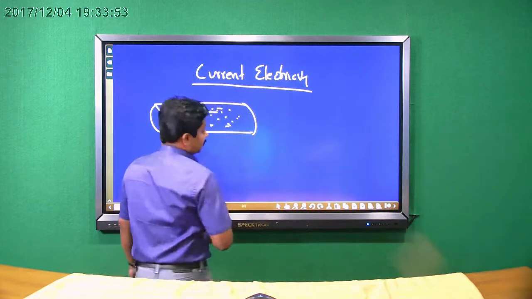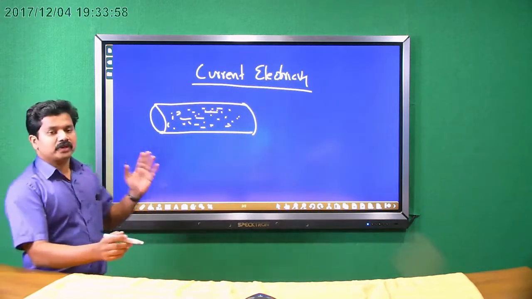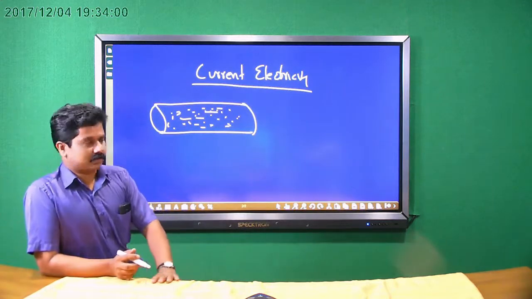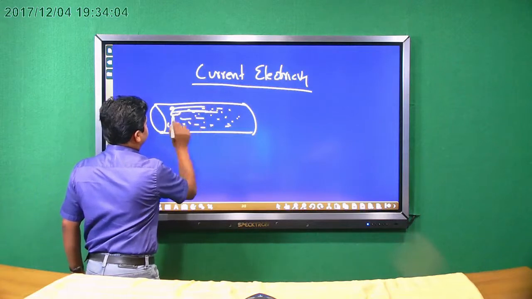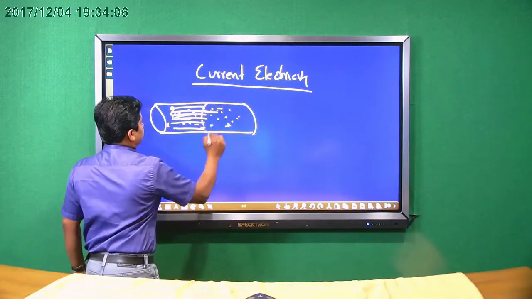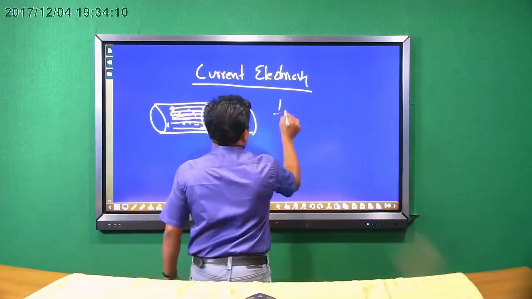So that will not result in any electric current, because for an electric current, there should be a unidirectional flow of charges. That is, the charge Q flows through this region like this. We consider a cross section of this. The intensity of the current